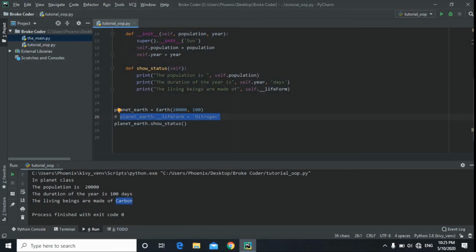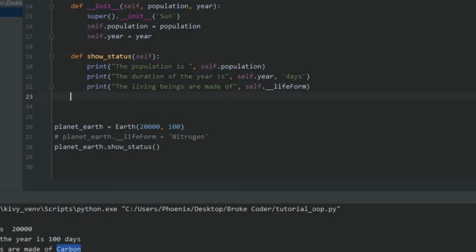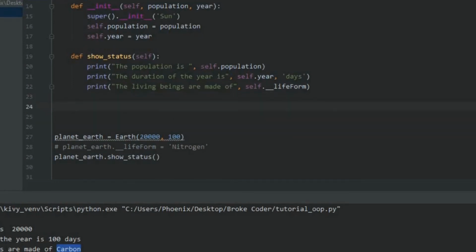So let's go with polymorphism. Now, polymorphism, as in other languages, stands for method overloading. That means you can define the same method again and again, multiple times, and that method will act differently depending on what arguments you give. That was a lot of technical mumbo jumbo, but if I simply break it down,